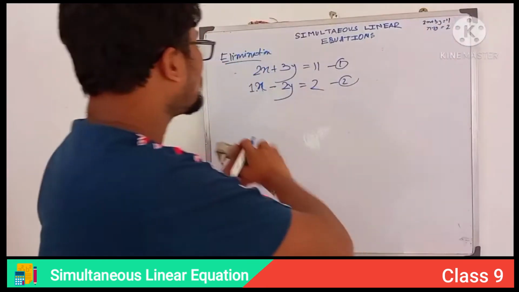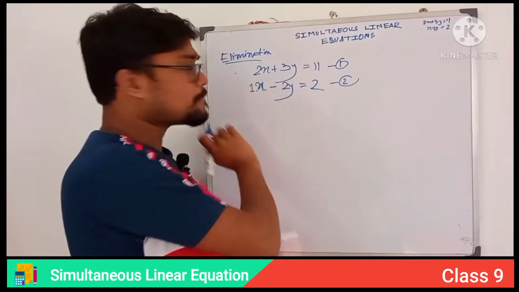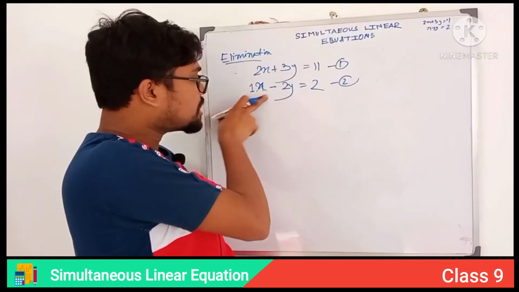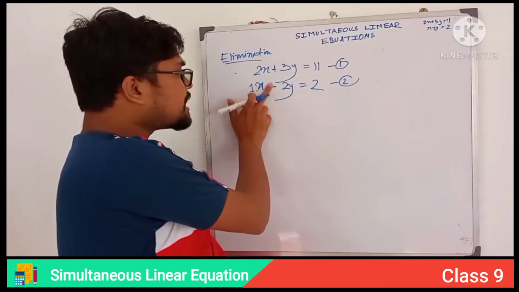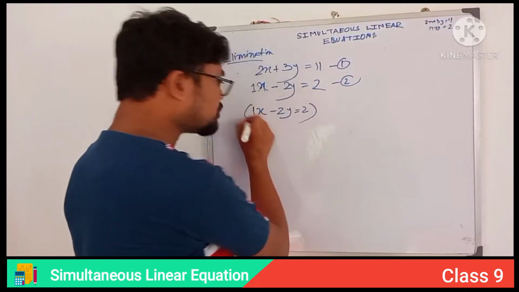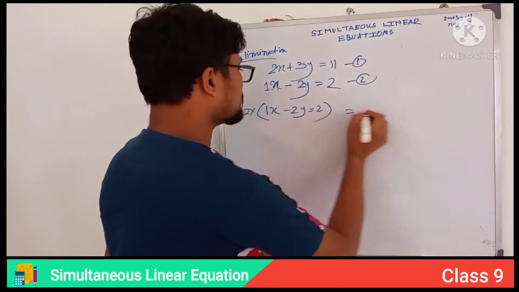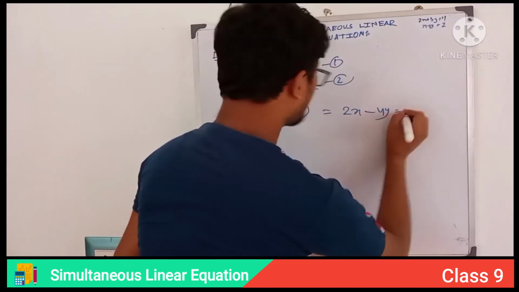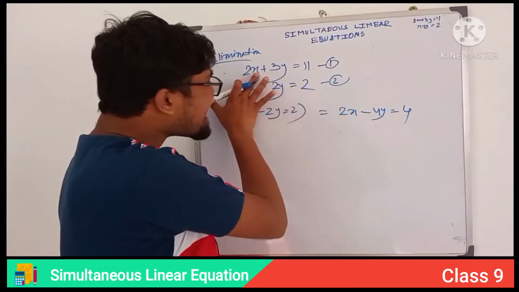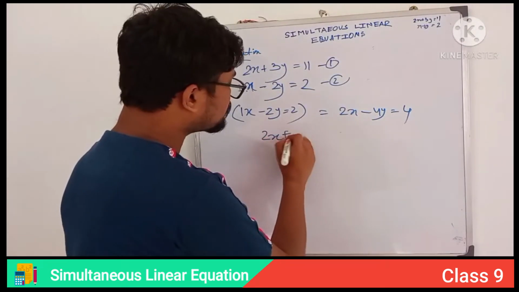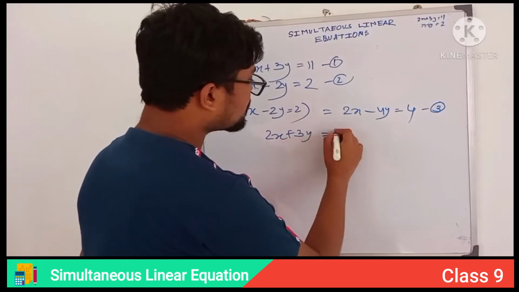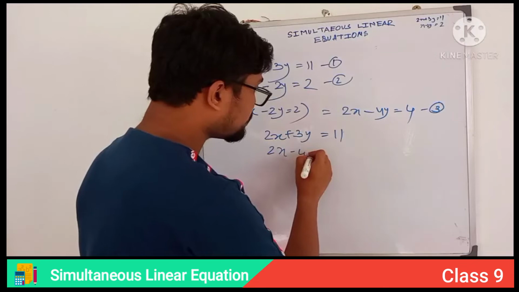Suppose in equation 2 the coefficient of x is 2, and here the coefficient of x is 1. So what should we do? If we multiply this equation by 2, then what do we get? We get 2x. How? If x minus 2y equal to 2, this whole equation is multiplied by 2, we get 2x minus 4y equal to 4. Then the coefficients of x are the same. Now write again those two equations. This is equation 3. It is equation 1 and it is equation 3.